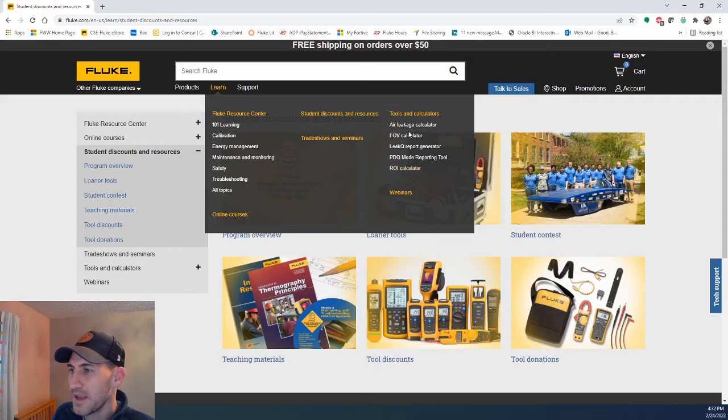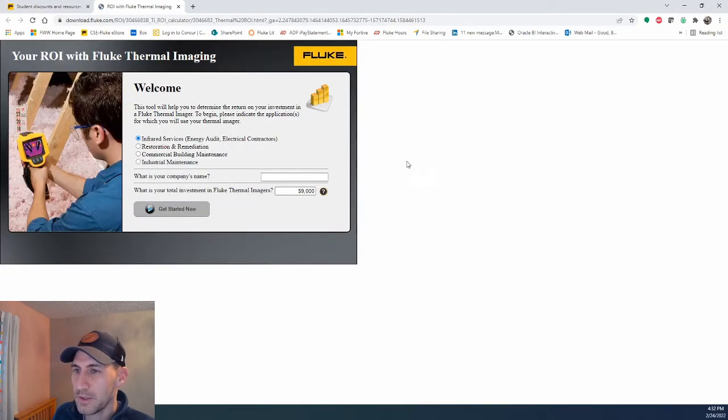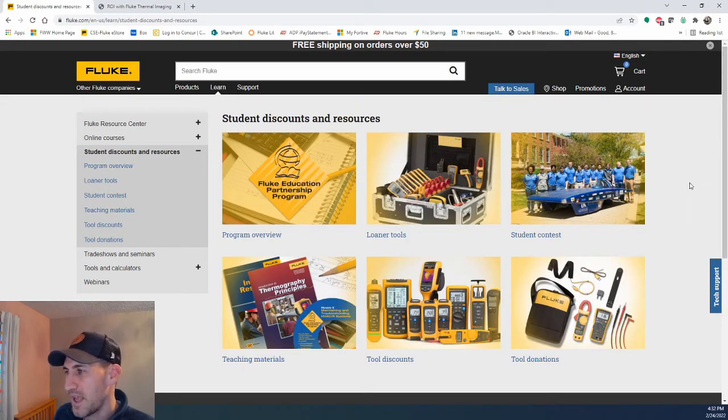Then we have some ROI calculators. So if you were somebody that's in a maintenance department or something, and you're like, how do I justify this capital expenditure? You go in here, and Fluke has some tools designed to help you justify that capital